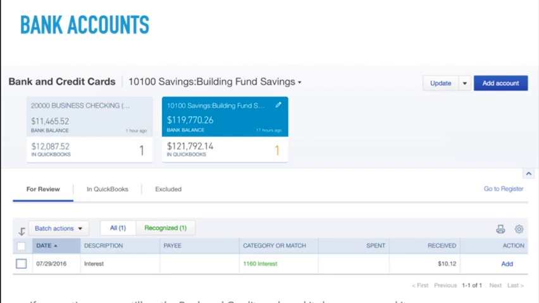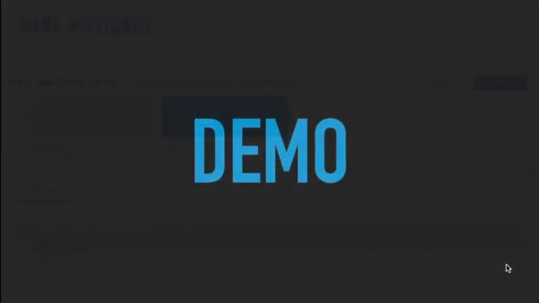Notice that we are still in the bank and credit cards, and it shows us several items. Transactions that have arrived from the bank appear only for review. That's what we're seeing here. If the action is selected, then the transaction is added and posted to QuickBooks.